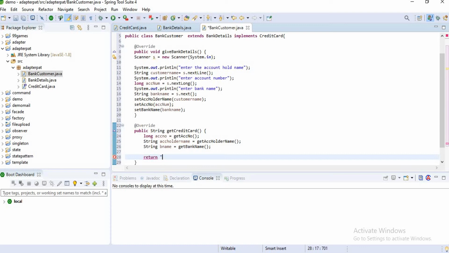account number, ACC number. Okay, I want to return some message, guys. Now I am doing that one only, don't get confused.